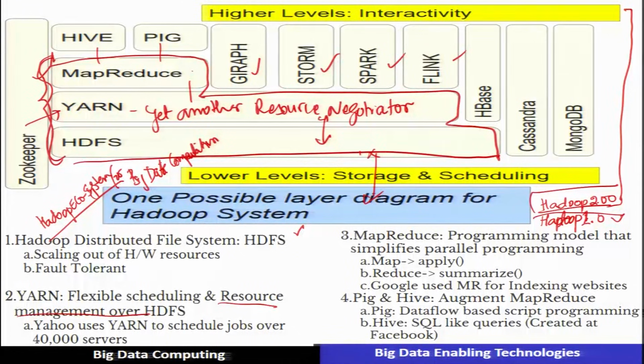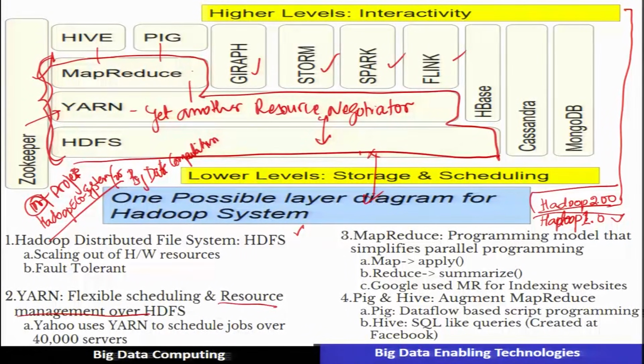So there are various projects which we are going to discuss with the introduction of Yarn in Hadoop 2.0. A lot of new projects are there, more than 100 projects are available in the Hadoop ecosystem, and they are all open source, that is free. Some of these projects, which are useful for big data computation, we will discuss.